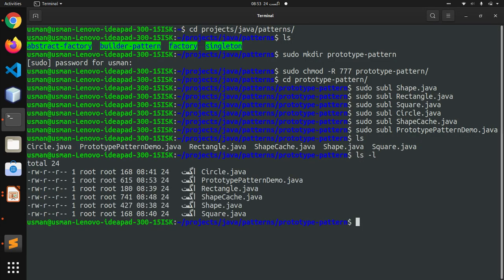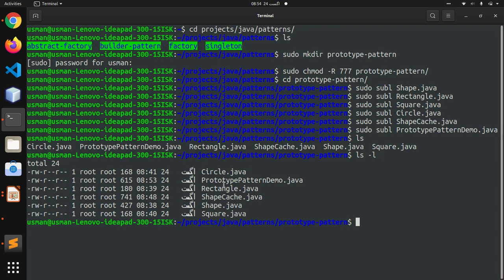So as you can see, we have six classes. The top one is Shape.java, which is an abstract class. Then we have the concrete classes, Square.java, Rectangle.java and Circle.java. Afterwards we have the ShapeCache.java class, which is our hash table class, and it's storing the objects of our concrete classes, which are square, circle and rectangle.